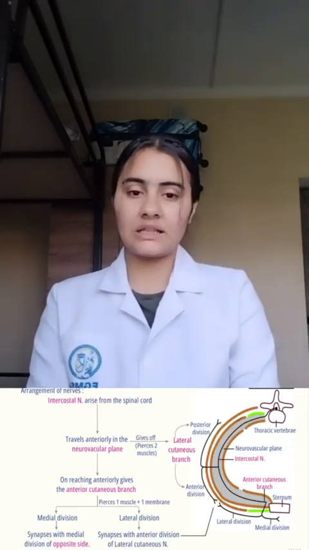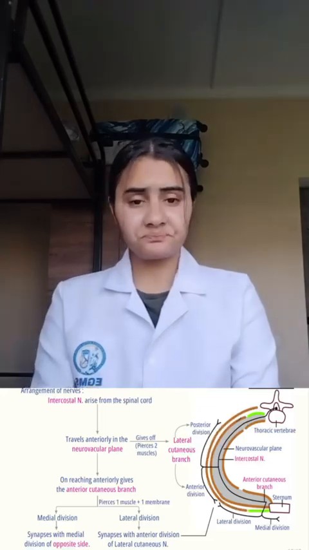The intercostal nerves are of two types: the typical intercostal nerves and the atypical intercostal nerves. Typical intercostal nerves supply the intercostal space and thoracic wall. These nerves are T3, T4, T5 and T6, whereas atypical intercostal nerves supply beyond the intercostal spaces and thoracic wall. These are T1, which supplies the brachial plexus, and T2, in which the lateral cutaneous branch joins the medial cutaneous branch of the arm and forms the